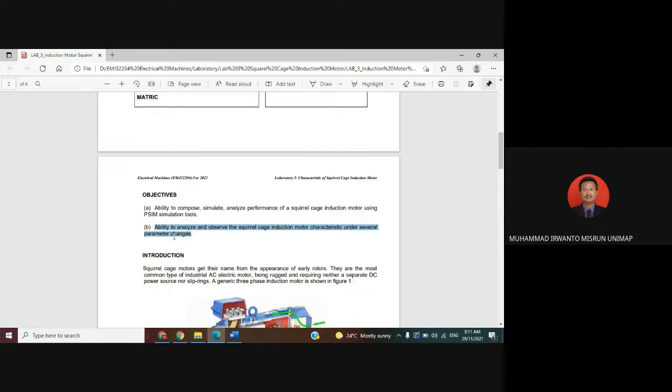It means we want to achieve two objectives. The main objective is to observe and analyze after drawing the circuit of the squirrel cage induction motor.